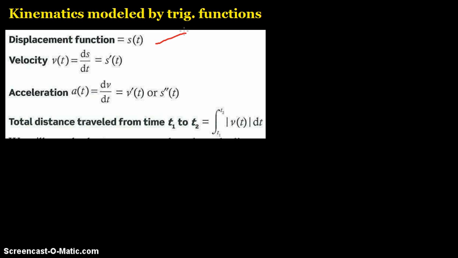All right, the last one, total distance traveled. Since we're talking about distance, it doesn't matter if you're going to the east or going to the west. The direction does not matter, so for the distance we'll always have absolute value bars. To find the total distance traveled using calculus between the time interval t1 and t2, we just find the definite integral from t1 to t2,